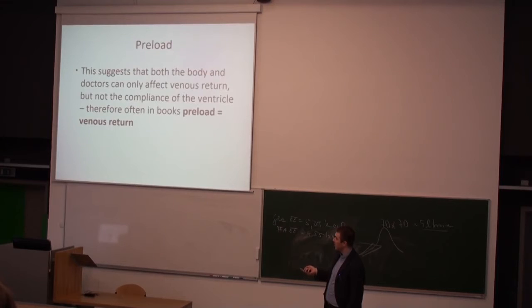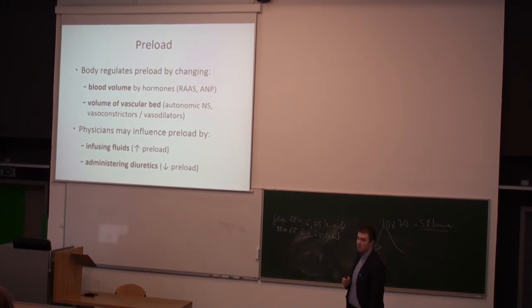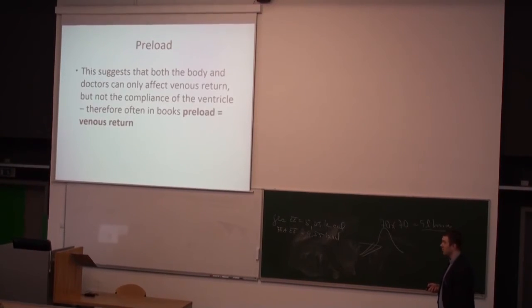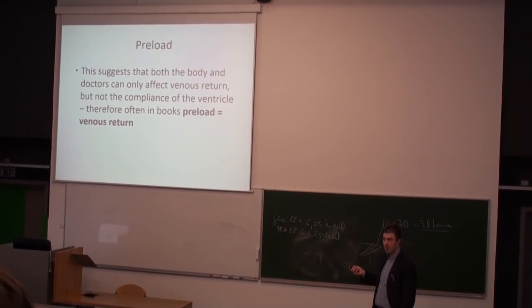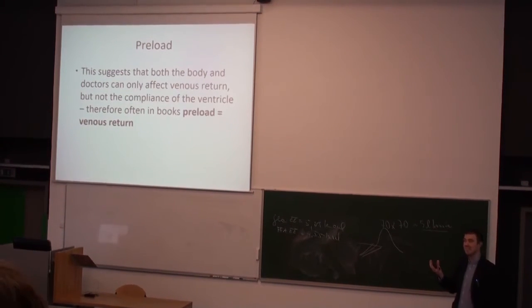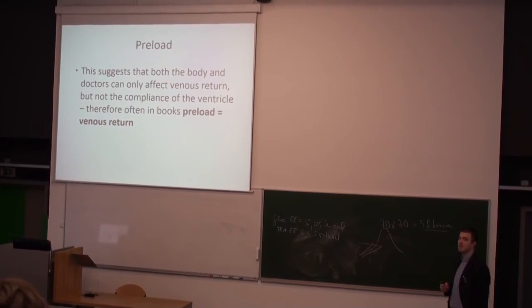As you see here, we mentioned nothing about the compliance. Simply, right now, we are not able to modify the compliance very effectively, and therefore you can typically read that the preload is the same as venous return. For the normal healthy heart, it's true, but if you have persons that have, for example, accumulation of some waste compounds in the heart, the compliance of the heart wall will be lower, and that will limit the preload. Yes, but in a normal healthy heart, you can say venous return is preload, and that modifies the systolic volume.